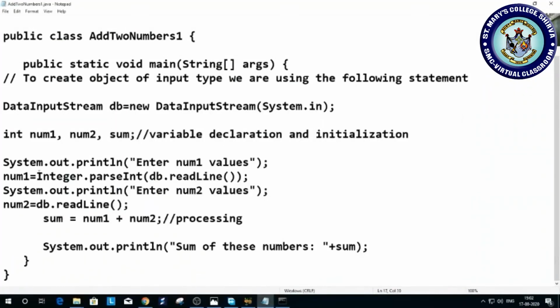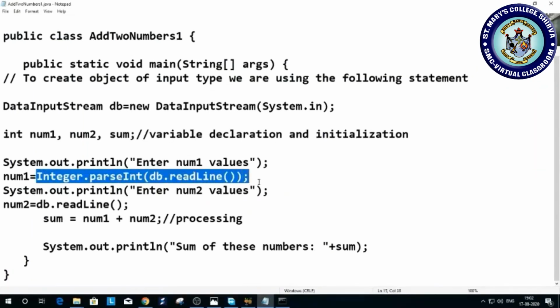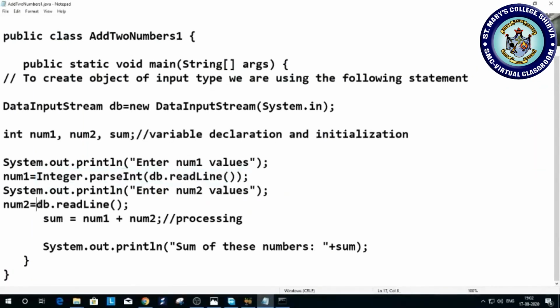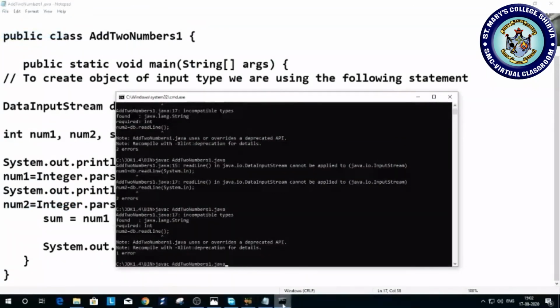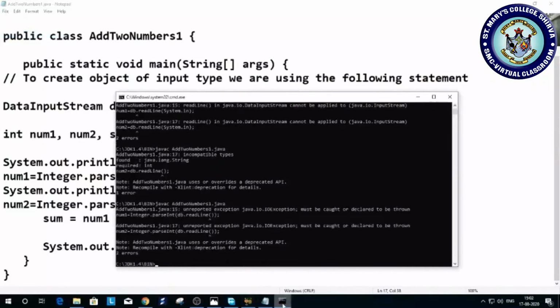Now I want to read another line, right? So I am copying the same here and pasting here. Now I am saving, coming here, compiling. Is there any error? Yes, another error is there. java.io.IOException.